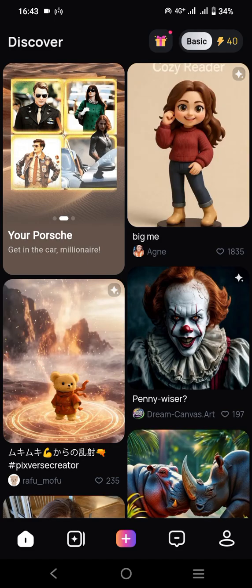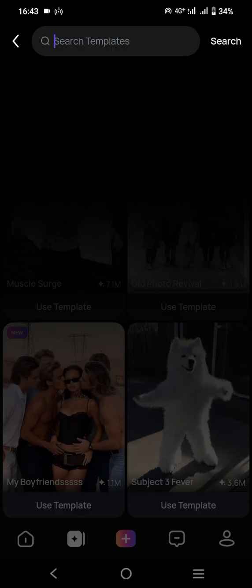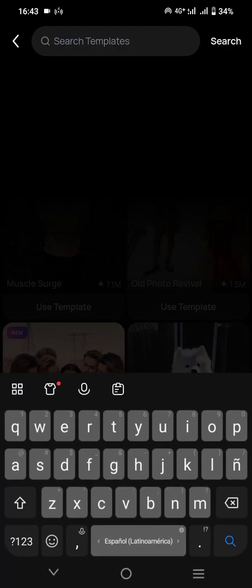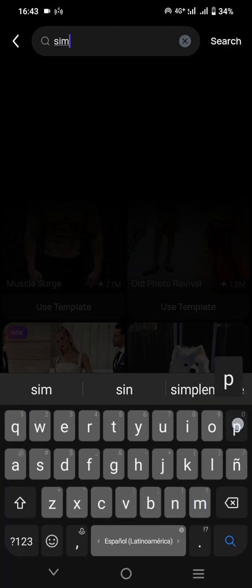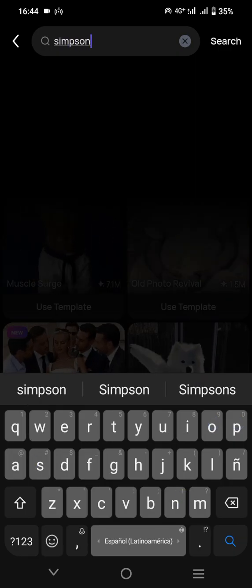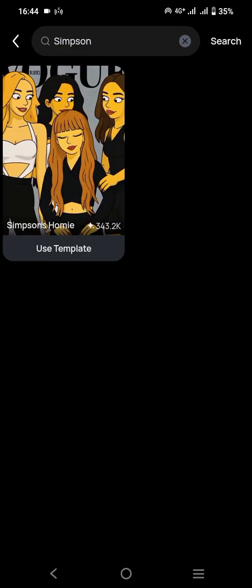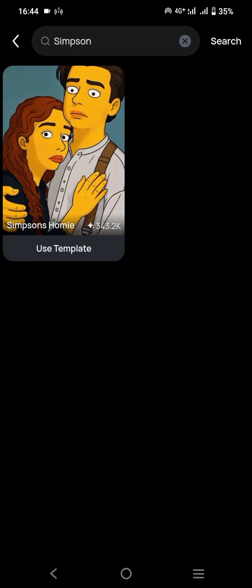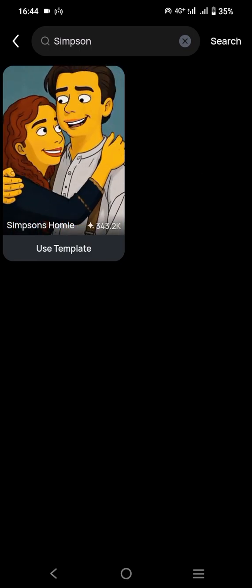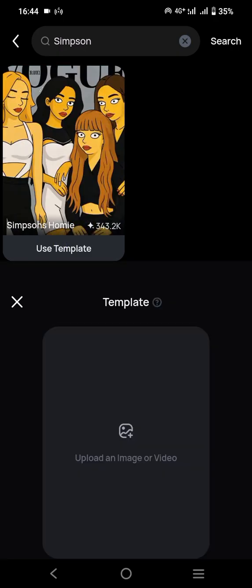And I will go to the template over here. Then I will choose this select option and type Simpson. I will search for it. As you can see, this application provides a template to change your picture into a Simpson animation or Simpson video. Then I will select this template,